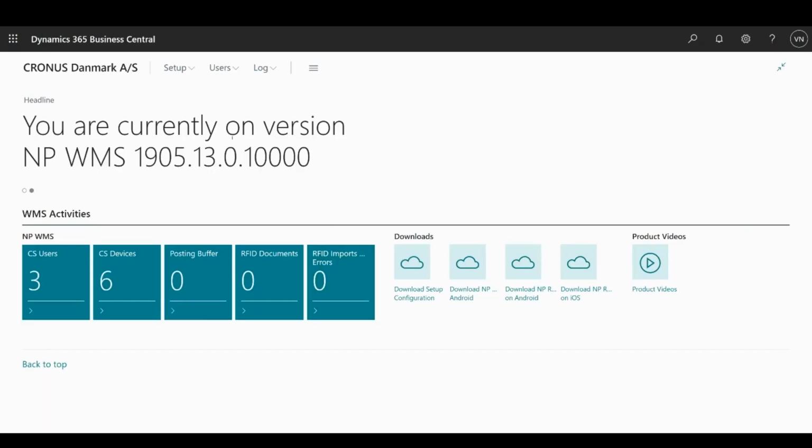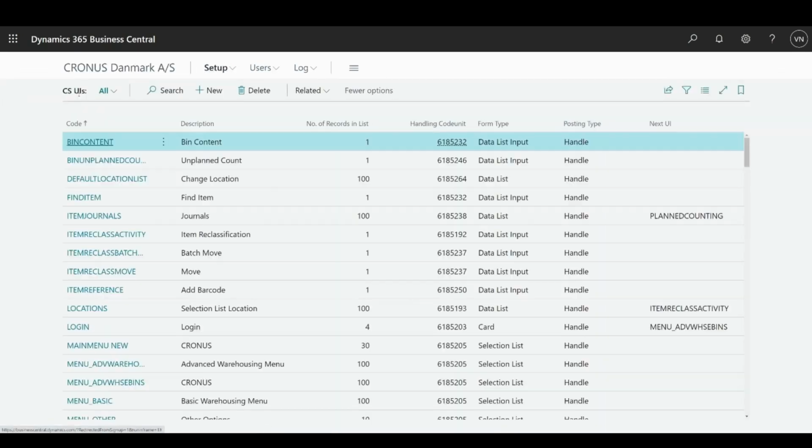CSUIs are used for defining the display of the NP WMS mobile interface. For CSUI updates, edits, and maintenance, navigate to Setup, then to CSUI. Here you will be presented with a list of standard UIs which can be implemented and modified as per requirements